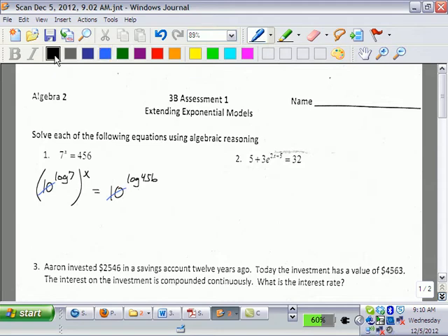So yeah, solve for x. If we set these two things equal, x is log 456 over log 7. Okay, moving on to the next one. So on the next problem,